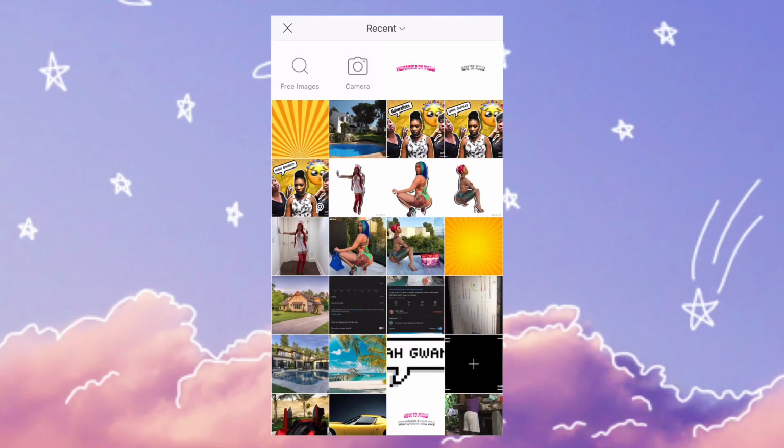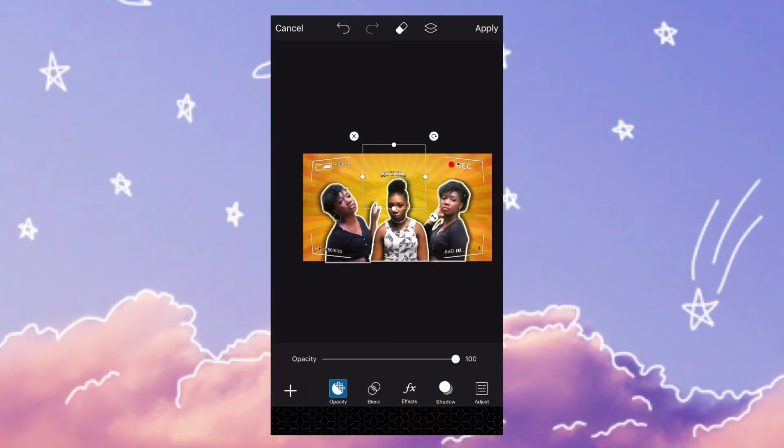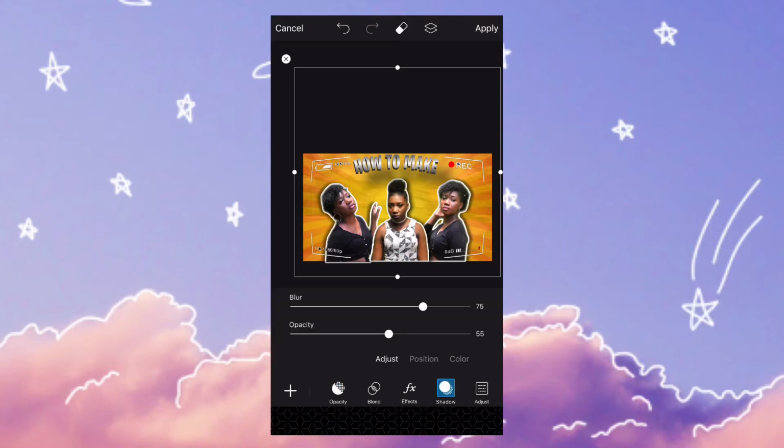So after I clicked on add photo and I add the how to make, I realized that it could have been straighter. I did not have to curve it that much, because it was the top section. It didn't really need it to be so curved, but I thought it wasn't looking that bad, so it could stay. And as I had stated before, guys,